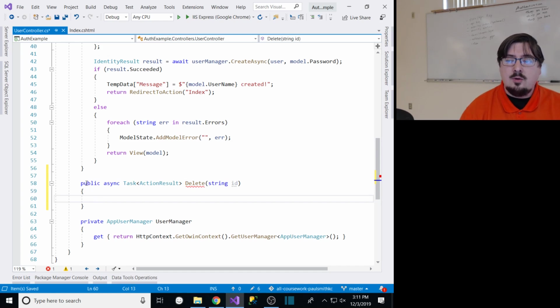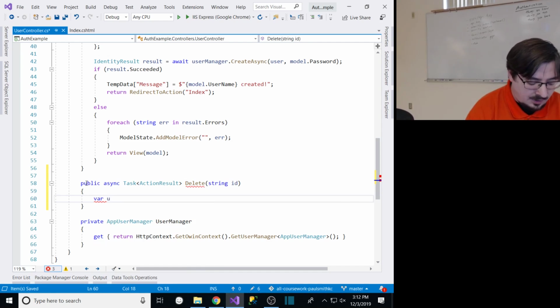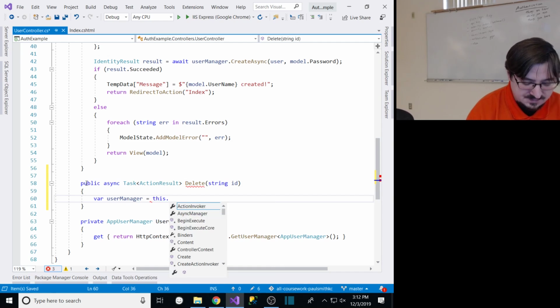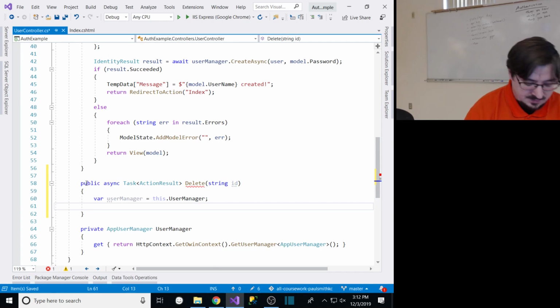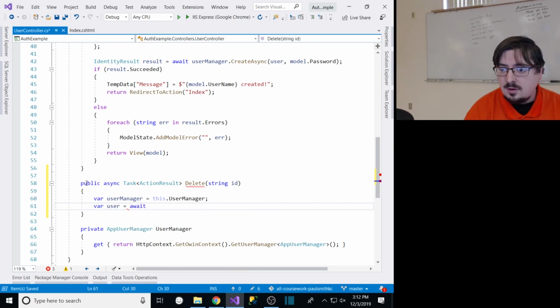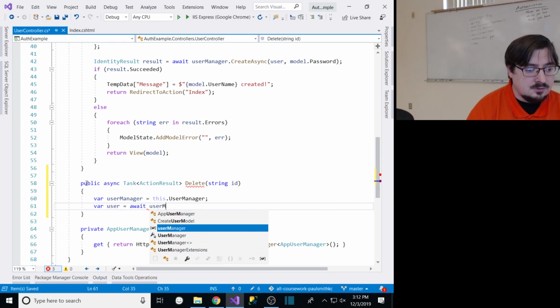Okay. And now I want to actually go about deleting the user. So first thing I need to do is actually get the user object from the database, or from the user manager really. So, well, let's grab the user manager first. User manager, because I'm going to need to use it for a few things, is equal to this dot user manager. Okay. Now I need the user. So the user, I'm going to get that from the manager. Await user manager